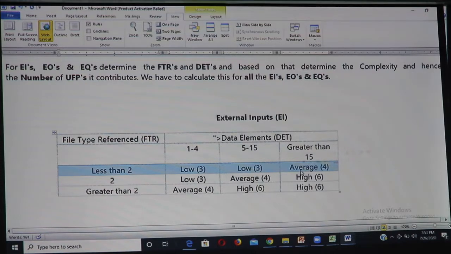If file types referenced are 2, and data elements are between 1 and 4, then you take 3 points. If data elements are between 5 and 15, you consider it average, 4 points.